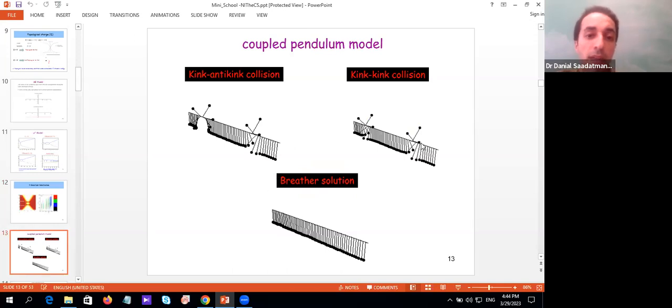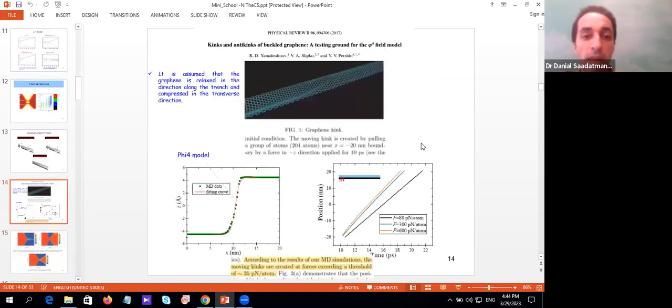Kinks and anti-kinks can be formed in many systems. In fact, they have many applications. If we have a number of pendulums which are connected through a rope, when we hang them and excite them, we can see that kink and anti-kink and also kink-kink collisions can be created in such a system. One of the interesting examples of the creation of kink and anti-kink is in buckled graphene, in which Pershin and his co-authors showed